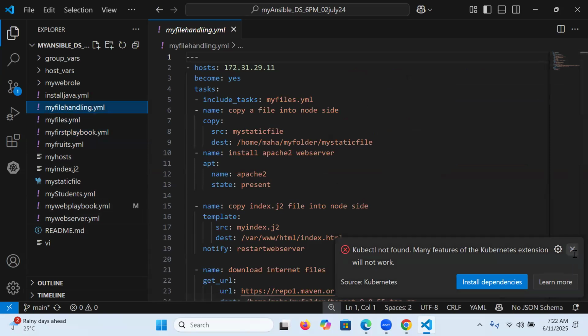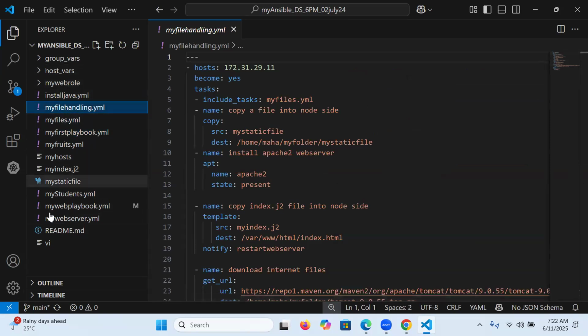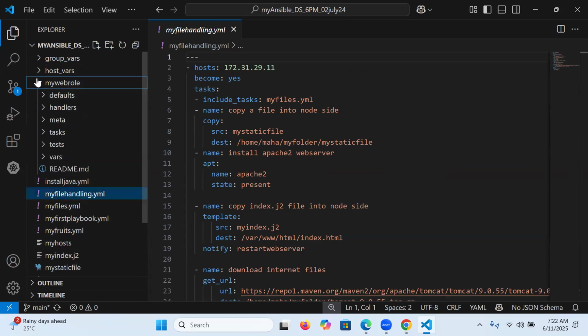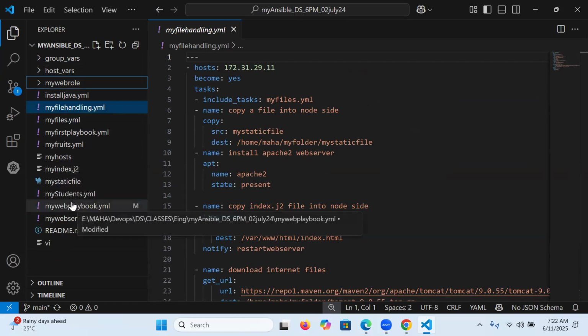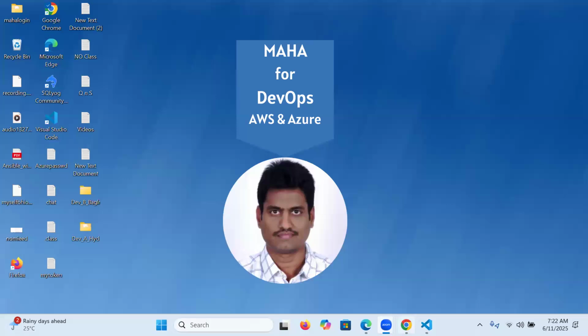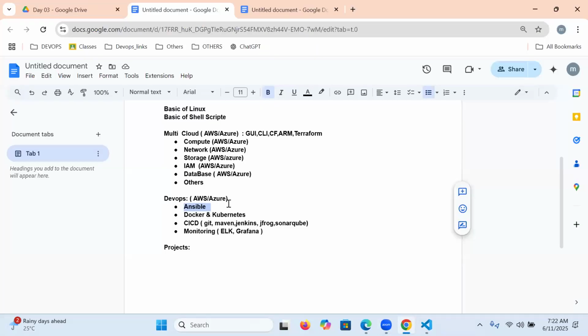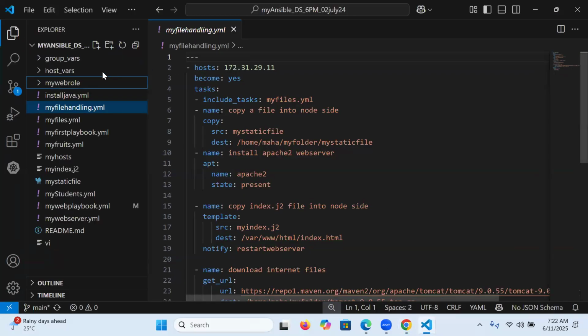By the end, we'll do one project on Ansible itself. Clear? The same way with Docker and Kubernetes. After completion of Docker and Kubernetes, by the end of this model, we'll do one project on Docker and Kubernetes also.